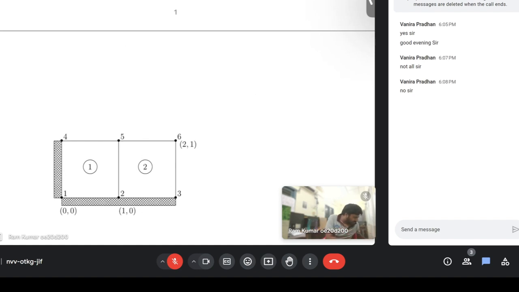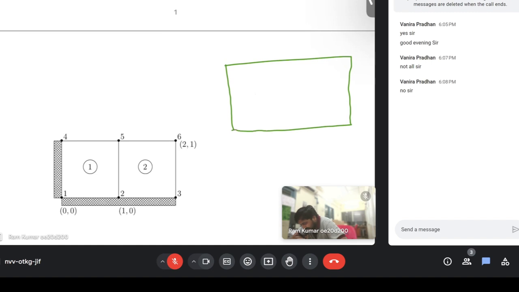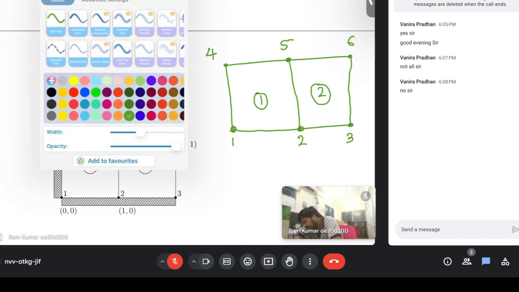Let me take my pen. What they are saying. This is one of the elements. Okay, elements 1 and 2. Node 1, node 2, node 3, node 4, node 5, node 6. So we are having a total of 6 nodes, and this element has node 1